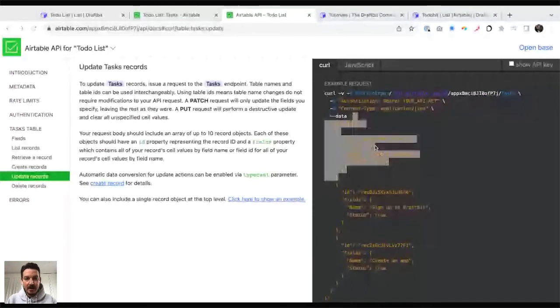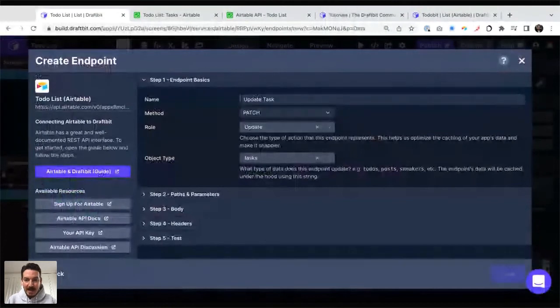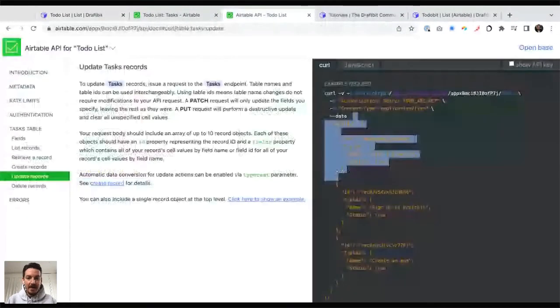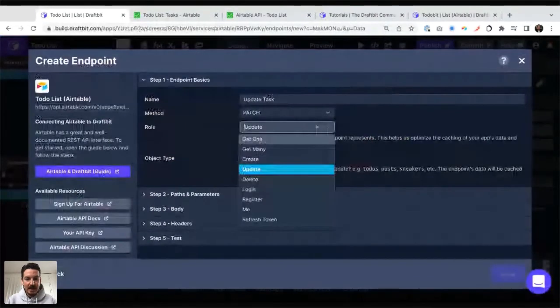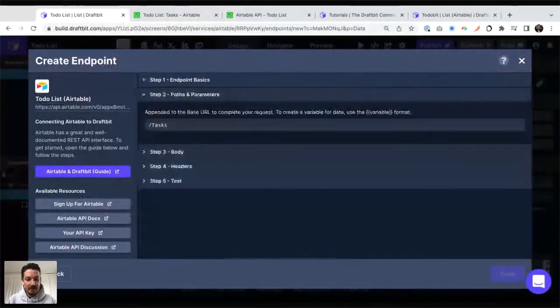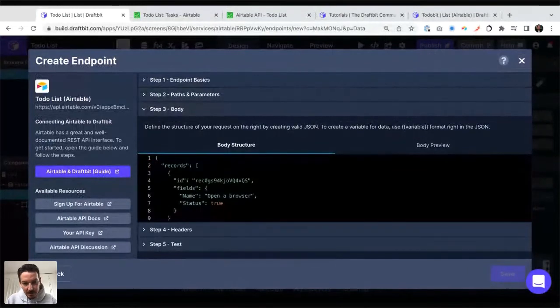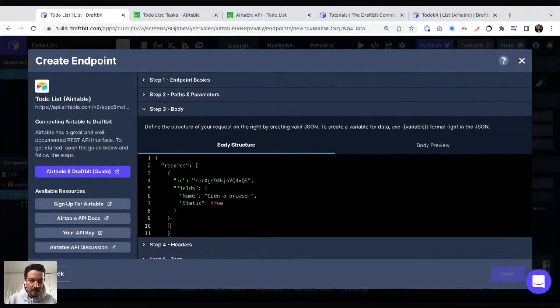Appreciate that. Okay, so instead of a post, it's a patch. You can see here, but it's essentially going to be an update task, same task, and the format is going to be very similar. The main difference is that we have to pass it an ID. And that's what actually made me realize I wasn't doing the right thing a second ago, because there was no ID. If I'm going to want to update an existing thing, I need to tell it what is the identification of that thing, so I can change the right record and not the wrong one.